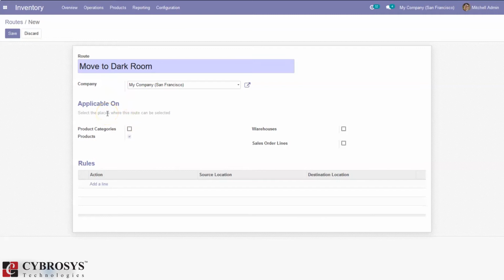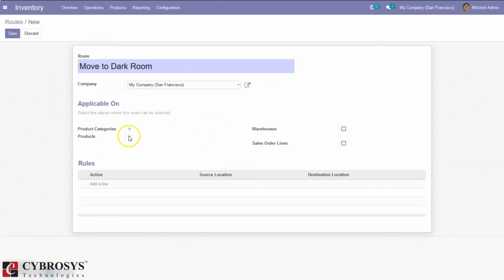Then we can see options to apply this route on product categories, or specifically on a product, or on a warehouse, and on sale order lines. When you set a product category, we can apply this route to that category, so for a group of products we can apply this route.